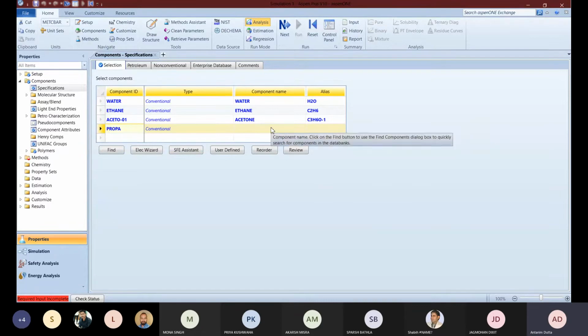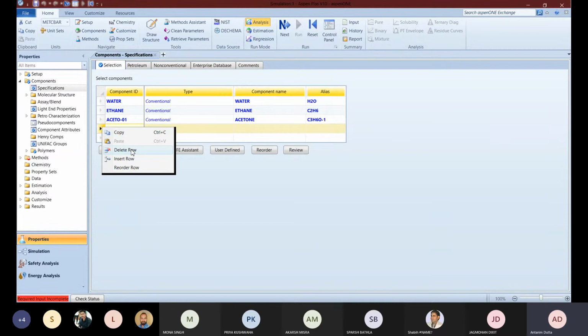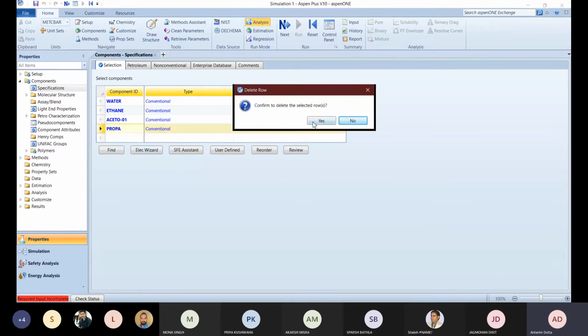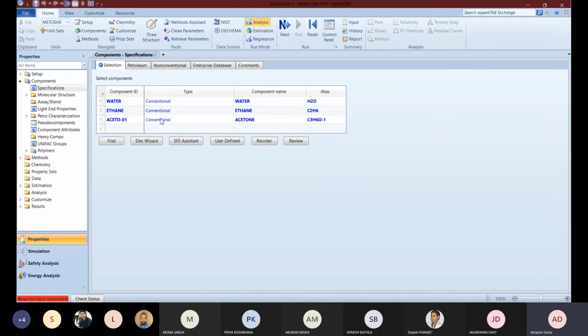So I will be tackling this as well: if you have a chemical structure with you, what do you have to do? All these things are pretty cool stuff, and I will be dealing with them in a later lecture. But for the time being, this is the procedure to add a component. So is it clear to all how to add a component in Aspen Plus?